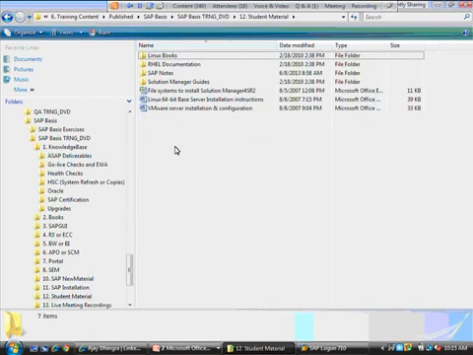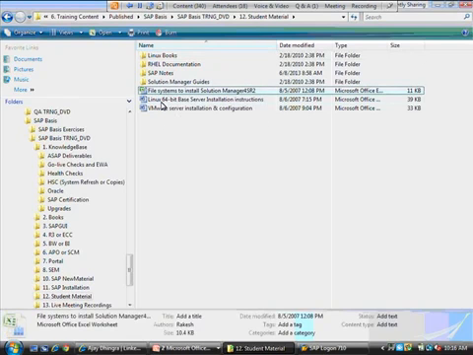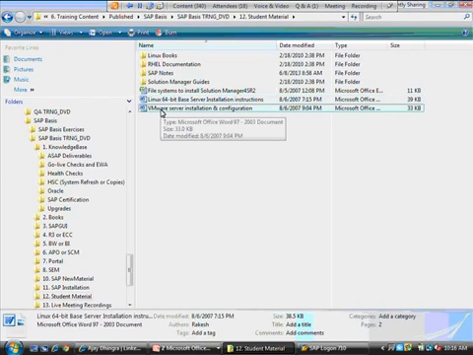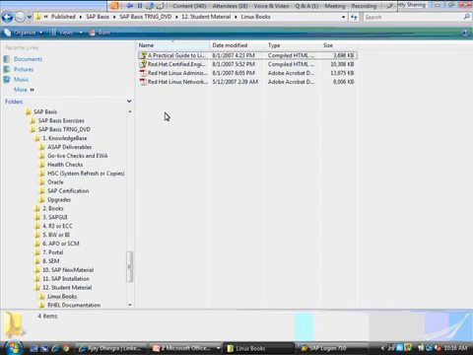Student material. This is for people, when we do the installation, to learn more about Linux, because we'll do the installation on Linux. Some Solution Manager guides, because the SAP product which we install is Solution Manager. How did we build the file systems? How did we do the Linux installation? And the Linux itself is on a virtual machine partition. How did we install VMs? So all of that is provided. A number of Linux books are provided as well. So a very, very comprehensive set of material.